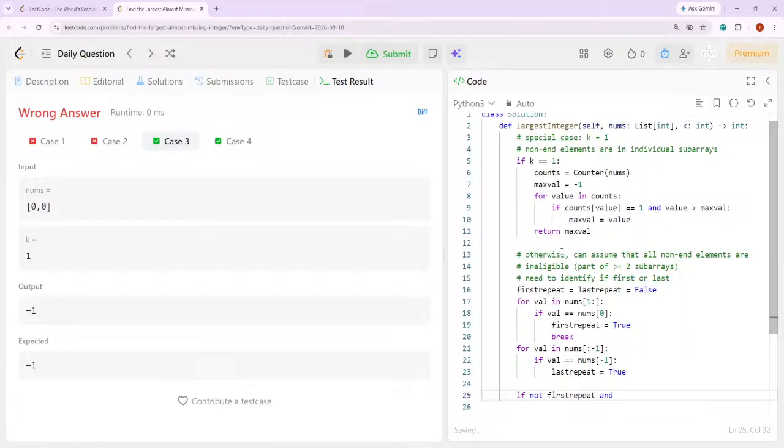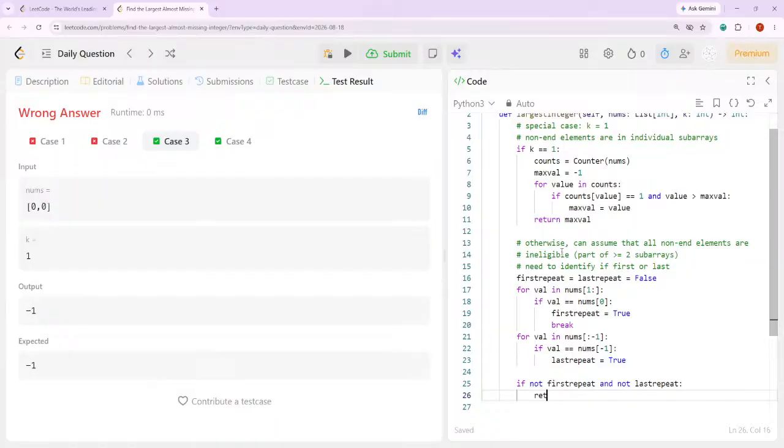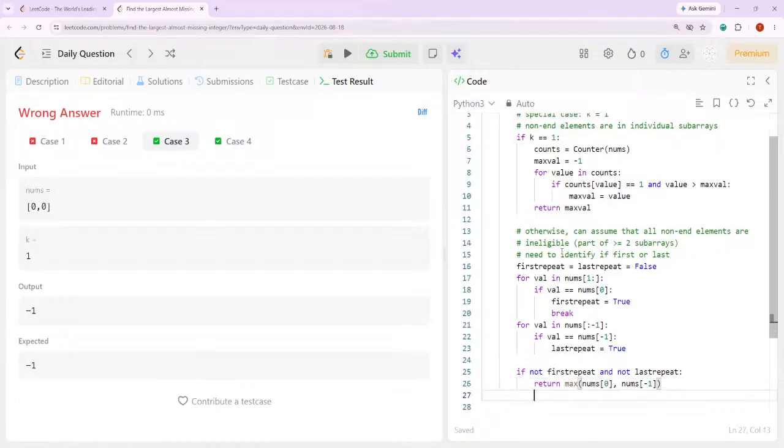If the first is a repeat and the last is a repeat, then return the maximum of the two values at the front and the back. So here and here,